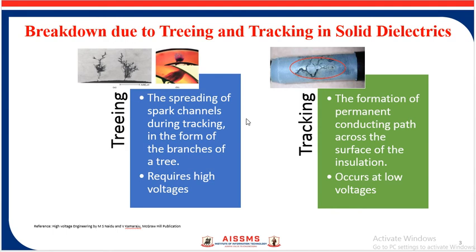While in use, the insulator progressively gets coated with moisture that causes increased conduction, leading to the formation of surface tracks. You can see in these pictures how the surface track is formed because of the moisture that leads to the final conducting path formation, and these are the branches coming out in the form of the branches of a tree. That is why this phenomenon is known as treeing, whereas this phenomenon is known as tracking.